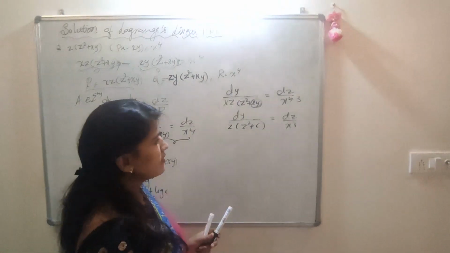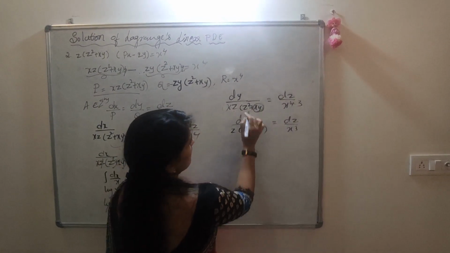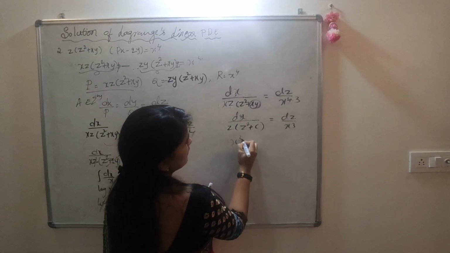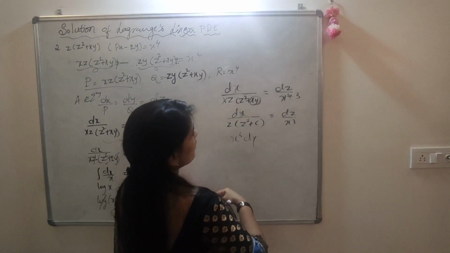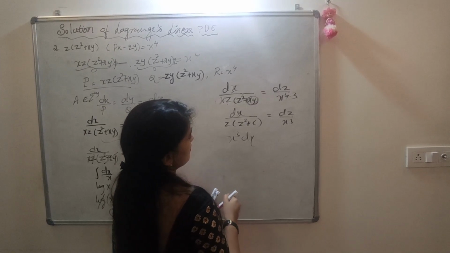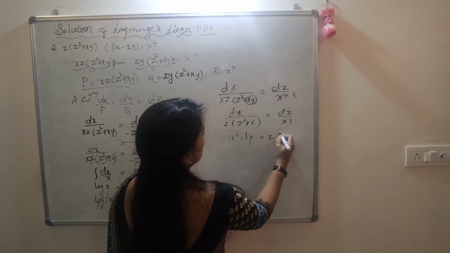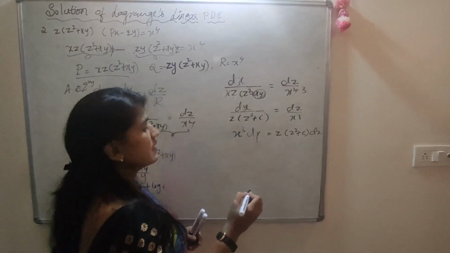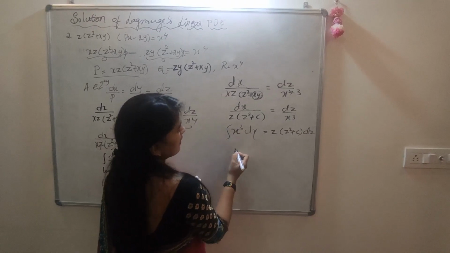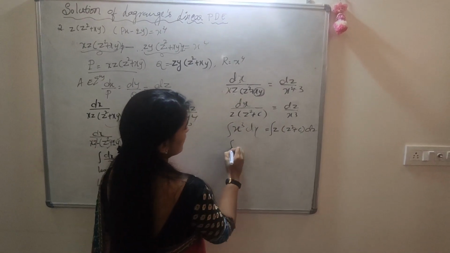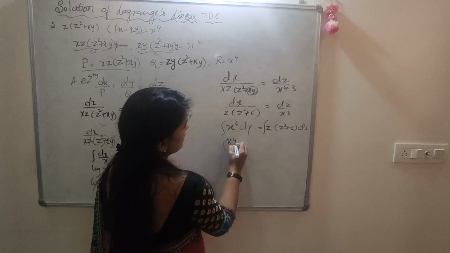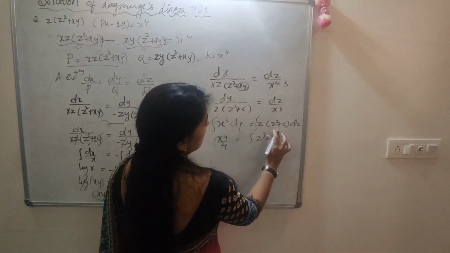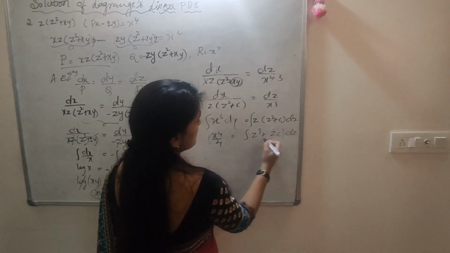Now separation of variables is simple. You can see dy, same way here also dx only. I consider the first term. So see here, x cube dx is equal to, cross multiplication with z, separating the variables, z of z square plus c into dz. Here it is x cube dx. So now we will do the integration. Similarly here also in the second term, integration of x cube is x power 4 by 4 is equal to integration of z cube plus zc into dz.